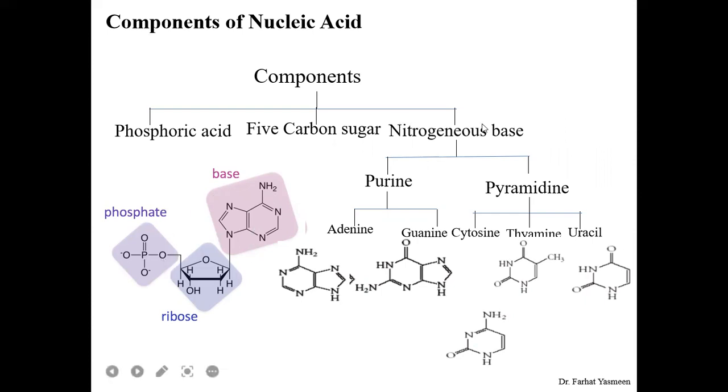The nitrogenous bases which are present in nucleic acid are of two types. One is the purine and the second is the pyrimidine. Purine is basically a two-ring structure, which consists of adenine and guanine. While pyrimidine is a single-ring structure that consists of cytosine, thymine, and uracil in case of